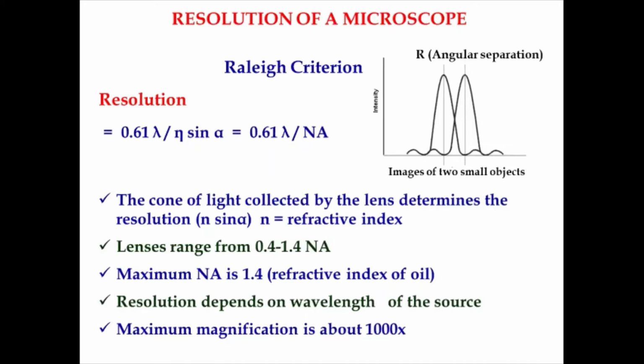And empirically, this is given by 0.6 lambda by NA, where NA is the numerical aperture. Approximating this rule, the resolution depends on the value of NA, but the numerical aperture cannot take very different values. So finally, for source-based instruments, the thumb rule is that resolution is equal to lambda by 2.